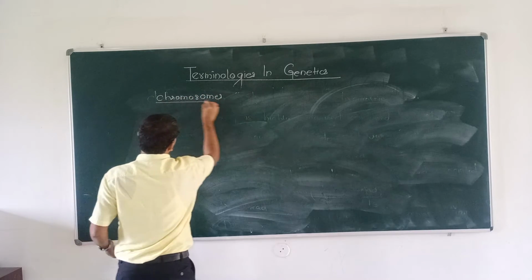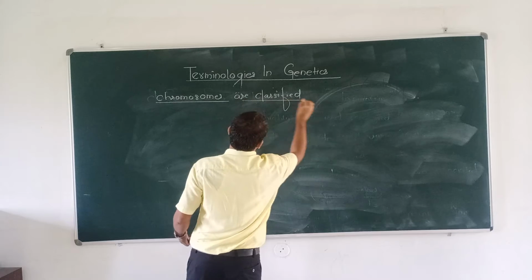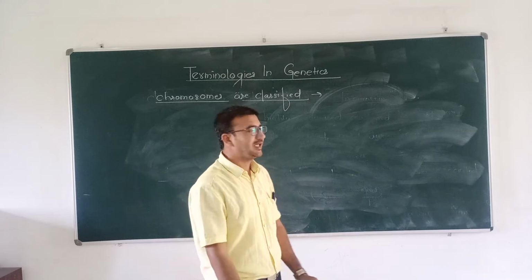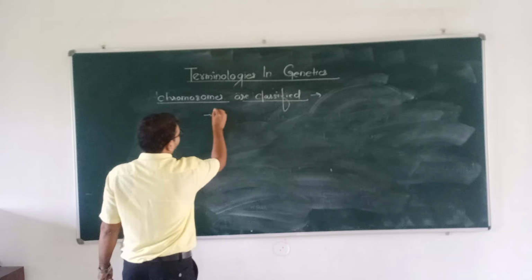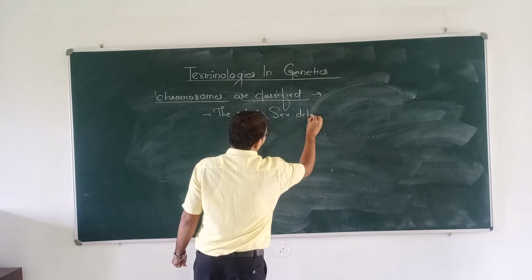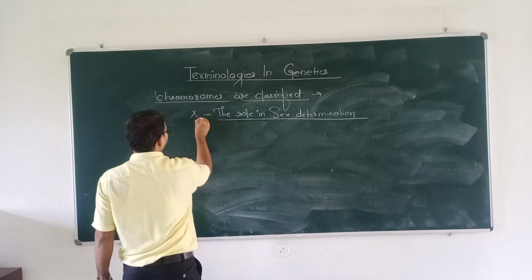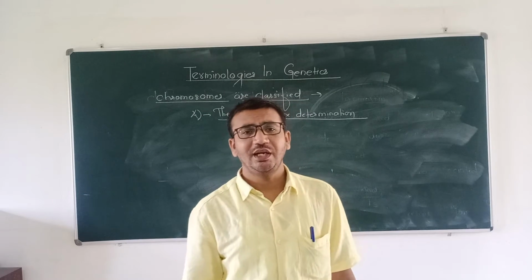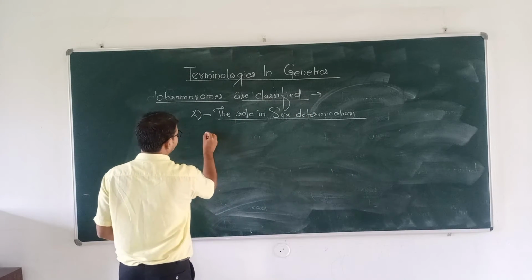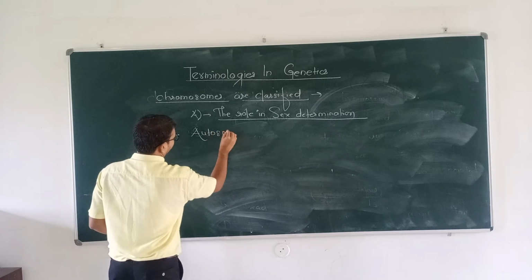Chromosomes are classified. तो इस क्रोमोसोम के अलग अलग टाइप्स हैं। तो फर्स्ट जो टाइप हम मेनली डिस्कस करेंगे वो है द रोल इन सेक्स डिटर्मिनेशन। क्रोमोसोम का रोल सेक्स डिटर्मिनेशन में डायरेक्टली है या नहीं है, उसके बेसिस पे क्रोमोसोम के दो टाइप्स किए जाते हैं। तो फर्स्ट टाइप ऑफ क्रोमोसोम जिसको हम कहेंगे ऑटोसोम्स।